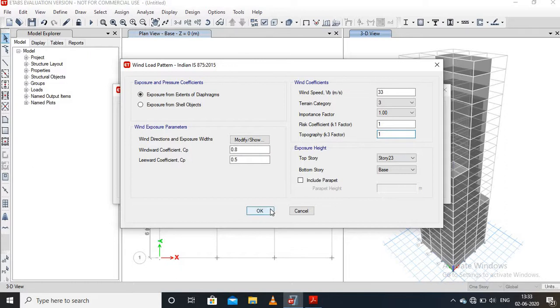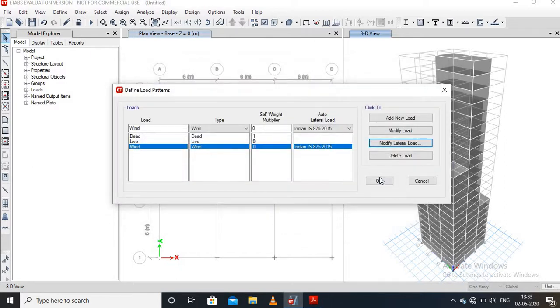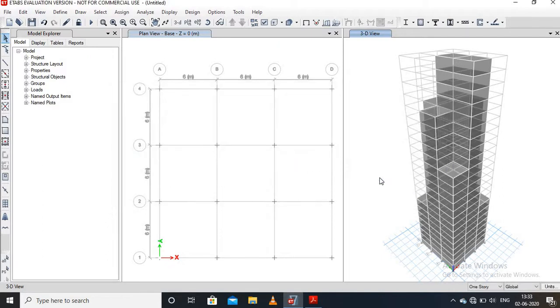Then press OK. Then press OK. Therefore, we have defined the wind load.